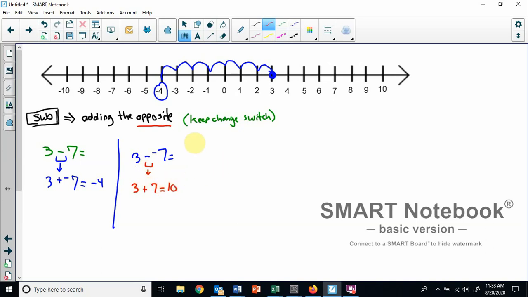We don't even need to use the number line to find that one. Okay, let's keep mixing up some things. How about negative 3